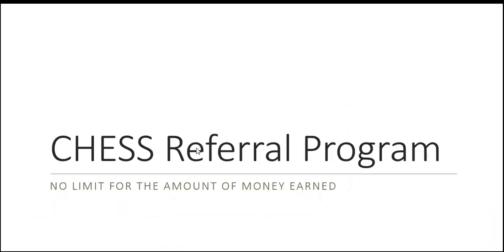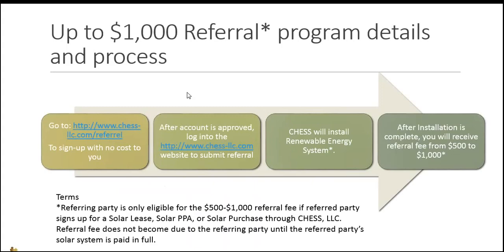So, saying that, what we've decided at CHESS is to implement what's called a referral program. This is for individuals mostly in the real estate industry or inside land property management. Of course, you have opportunity with other individuals. We try to make sure that everybody has an opportunity to take advantage of this. But what we're doing here is we're saying that without any kind of limits to how many referrals you can put in, if you go through the process of signing up at